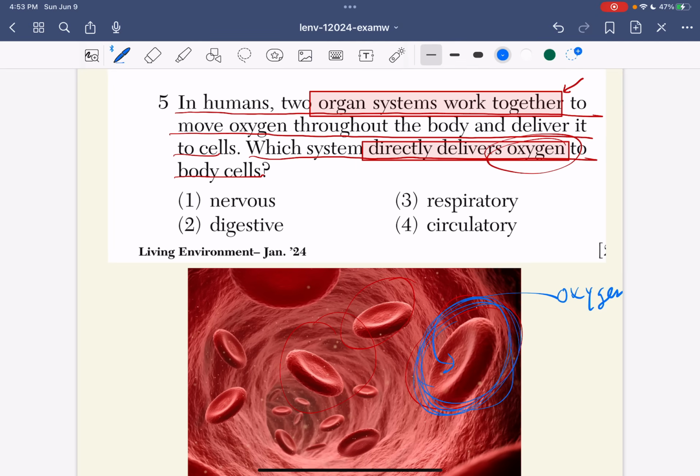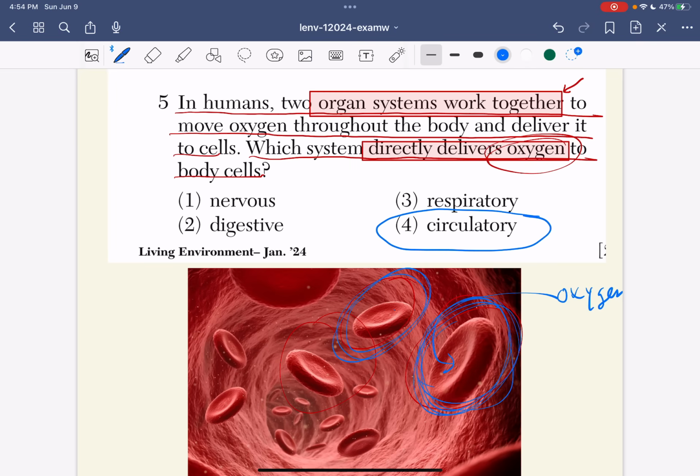They carry oxygen because of a protein called hemoglobin. Now, you don't have to worry about understanding hemoglobin and protein because, to be honest, it's a higher level of understanding. And if it is on the test, it's probably going to be in a reading comprehension where you are told what hemoglobin is and you just have to prove your understanding of the circulatory system. So these red blood cells carry oxygen, and blood is found in the circulatory system.